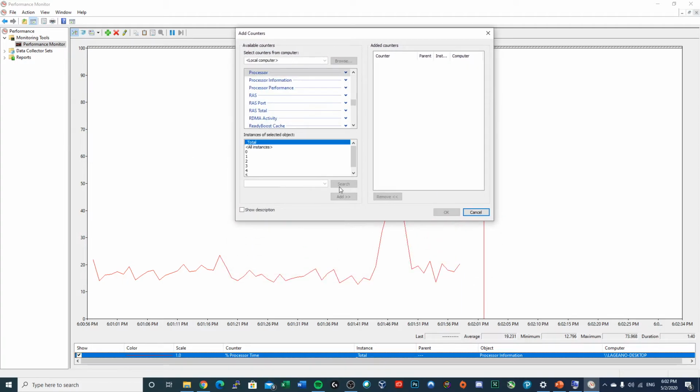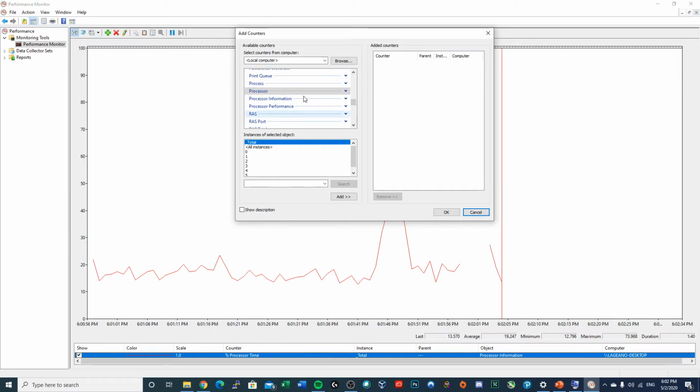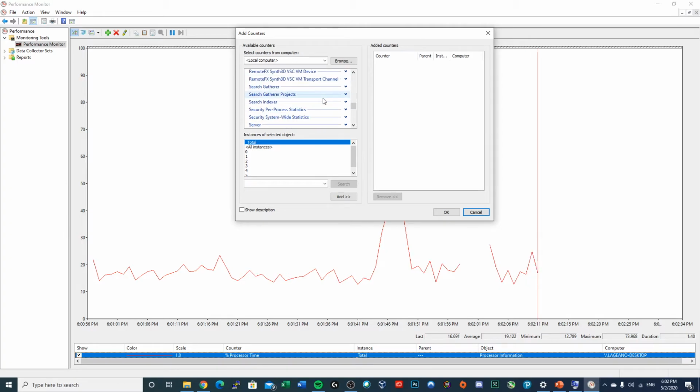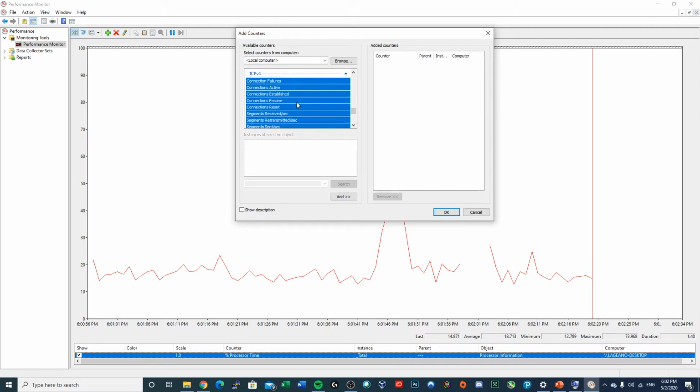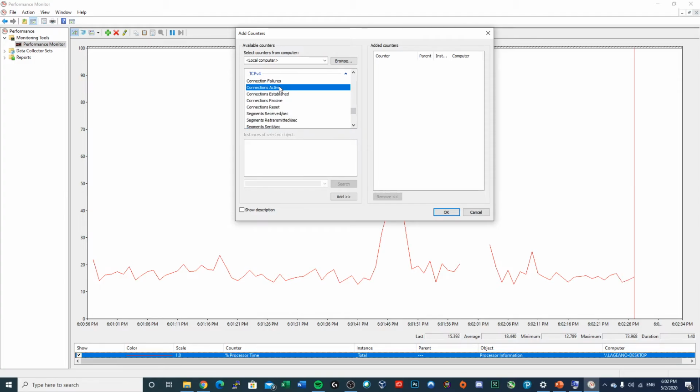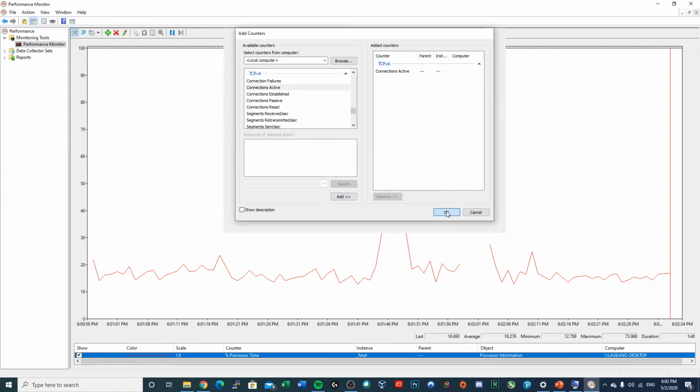But if you guys come here, you can actually add a counter, so you can add whatever it is that you're interested in analyzing in your performance monitor. So here, for example, you could add that you're interested in verifying your TCP v4 information, and you have some counters that you're interested in. So I might be interested in, let's say, active connections. So I can just come here and add it to my counter. If I click OK,